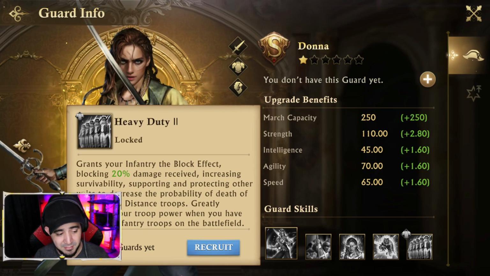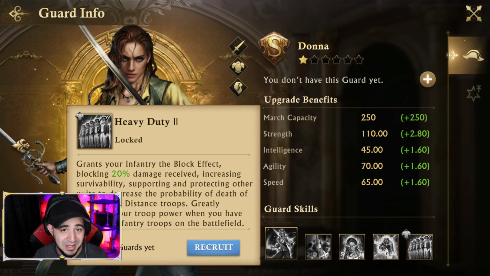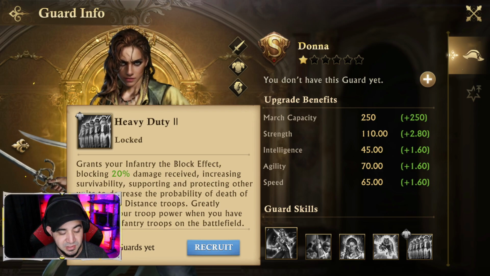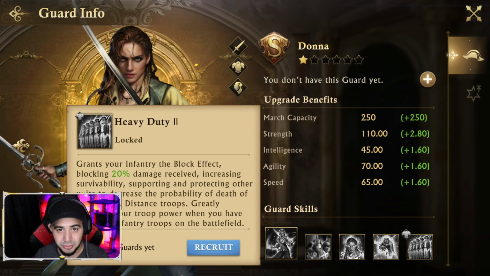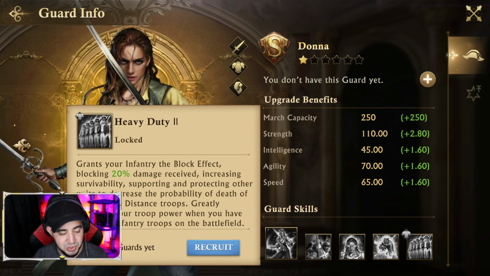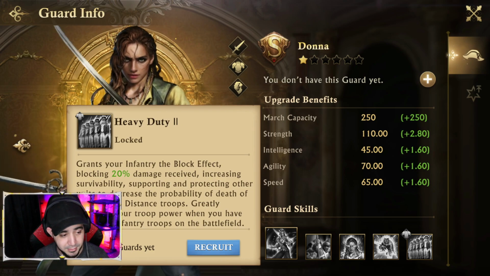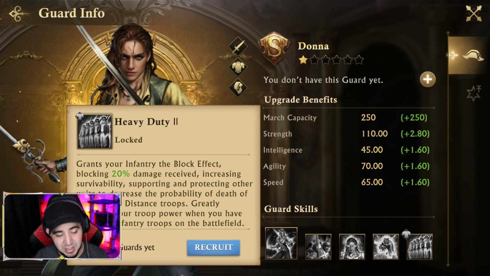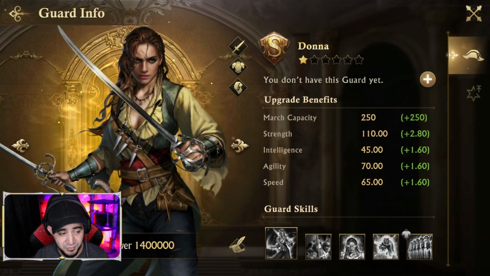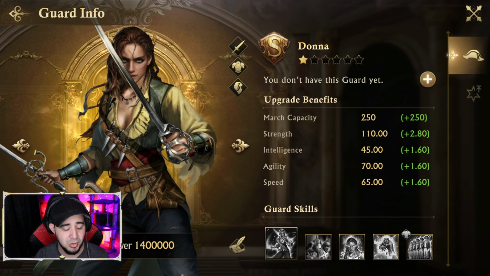Pretty much what I'm gathering from this is that this effect is actually going to help your infantry take away damage that the other troops would otherwise receive. So it would kind of lock your damage more into the infantry instead of your backline. So with something like this, you may want to go heavy infantry in the front. That way you can keep your cav and your range alive longer. But Donna's really interesting. It's a hero that I'm sure a lot of people are going to try and